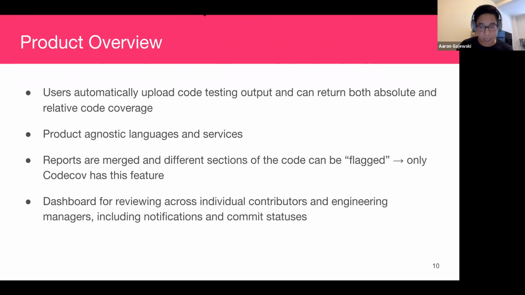And finally, we provide a dashboard for individual contributors and engineering leaders and engineering managers. And this is kind of twofold. One thing that's useful about it is that it shows you the code coverage trends over time. And it also lets you dig deep and figure out what part of your code base may not be tested as much as you want it to be. So to dig a little bit deeper into that, Aaron,